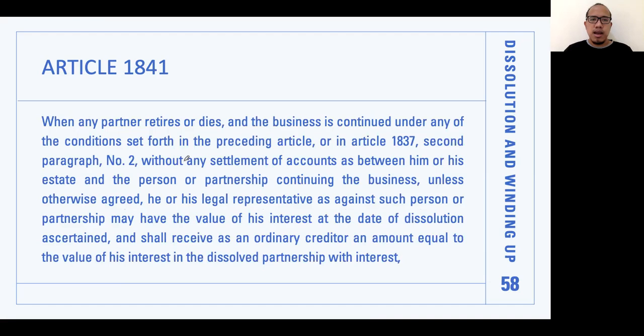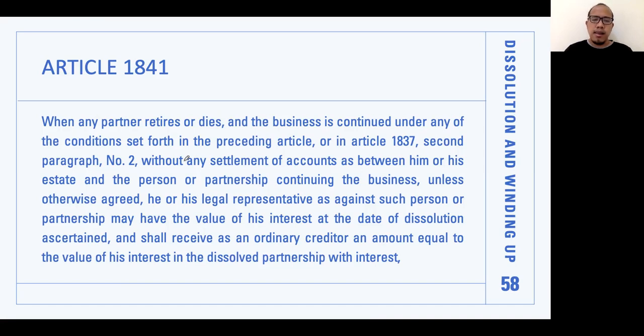1841, when any partner retires or dies, natapos na yung 1840, ang haba nun. When any partner retires or dies and the business is continued under any of the conditions set forth in Article 1840 or in Article 1837, second paragraph number 2, without any settlement of the accounts, hindi na nag-liquidate as between him or his estate or the person or the partnership continuing the business, unless otherwise agreed, he or his legal representative as against such person or partnership may have the value of his interest at the date of the dissolution